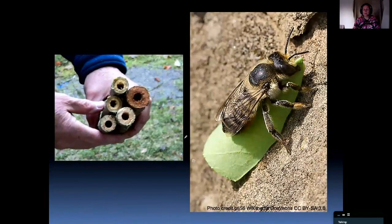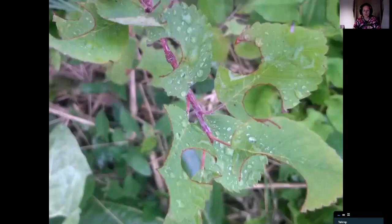And leaf-cutting bees are an example of cavity-dwelling bees that may tunnel nests in partially rotted wood, hollow or pithy stems, reeds or canes such as elderberry, raspberry, and sumac. So here you see a leaf cutting bee who is clutching a part of a leaf that she has cut, as her leaf cutting name implies. And here's an example of where she has cut them from. So leaf cutting bees cut out leaves in a circular or semicircular shape and use them to line the cells